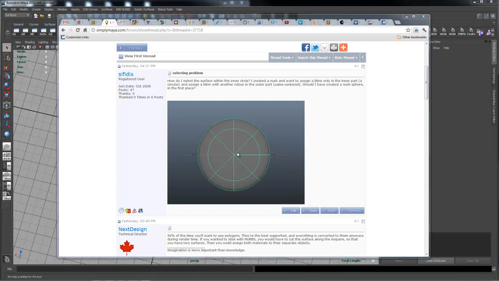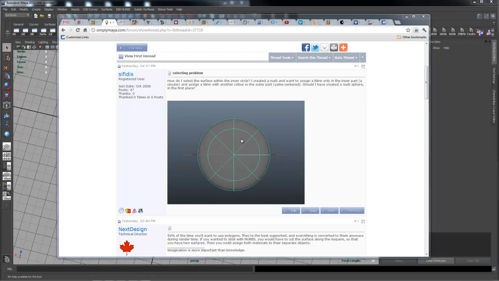Or you could take this into the UV editor. NURBS objects automatically have their UVs created for you, and you could just paint a texture onto the surface. You don't have as much control as you do with polygons, but that's another approach that you could take to solve the problem. However, if you do want to take the approach of splitting this into two separate surfaces and